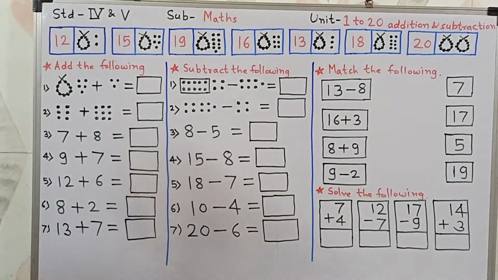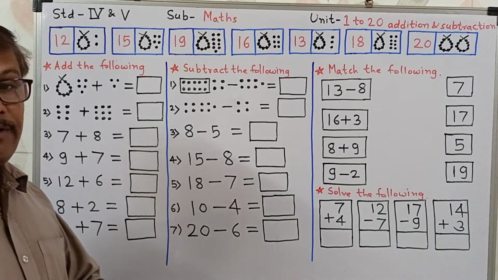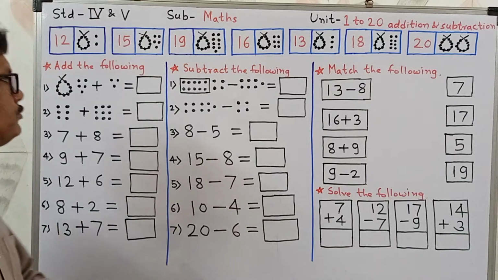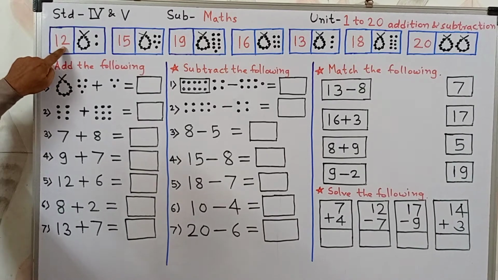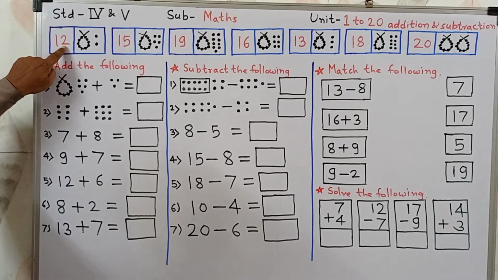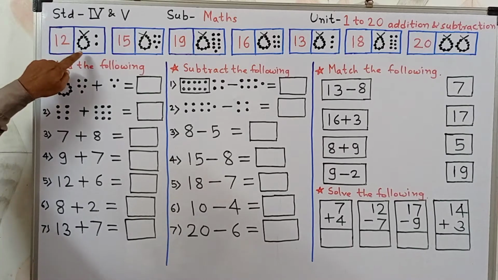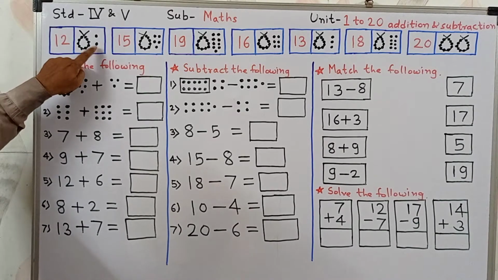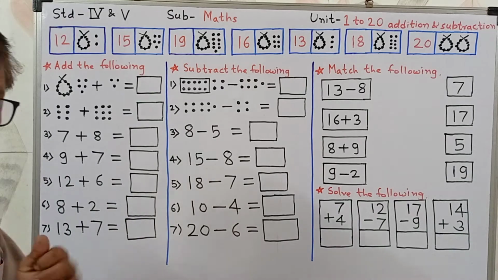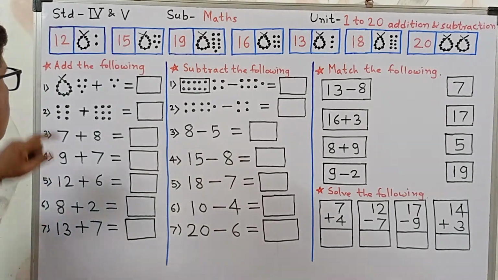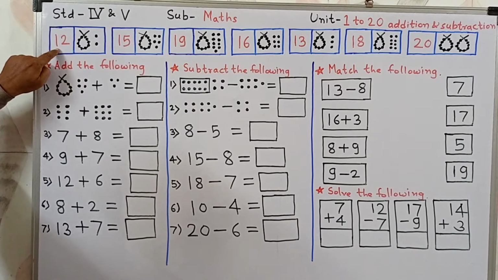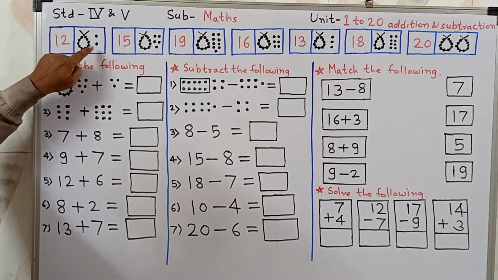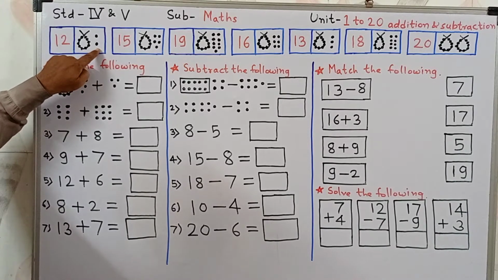Now listen. First we again learn 11 to 20. Okay. Ten and 2 units, 12. Listen. Ten and 2 units, 12. Now you say after me. Ten and 2 units, 12. Good.